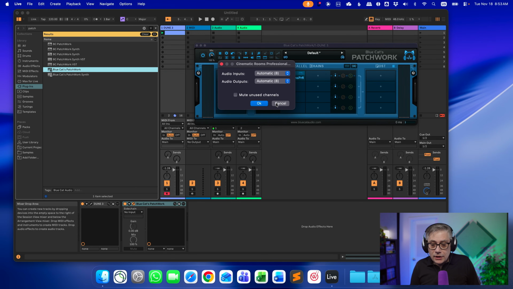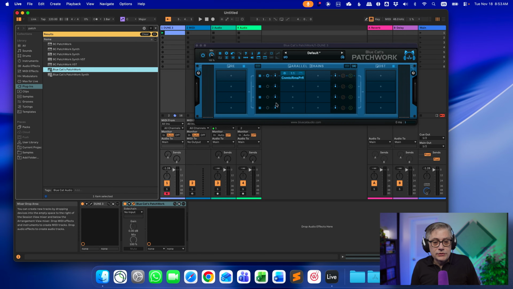But for the moment, let's just leave it like that, and let's think about the application that we are interested in. The application I really want to focus on here is the idea to take that track and route it into the Dolby Atmos Composer as a Dolby Atmos bed. And for that purpose, there are 2 things we need to do. First of all, we need to add the Dolby Atmos Composer to our session.